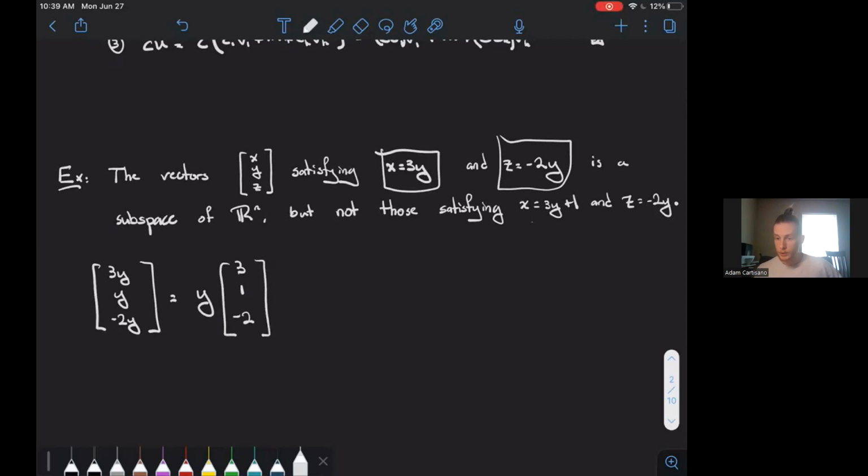And notice when y equals 0, you get the 0 vector. And if you take any linear combination of vectors of this form, you get another vector of this form, because you can just factor out whatever value of y you used for each term, and then just add those y values together, and you're left with another multiple of this vector, right? On the other hand,